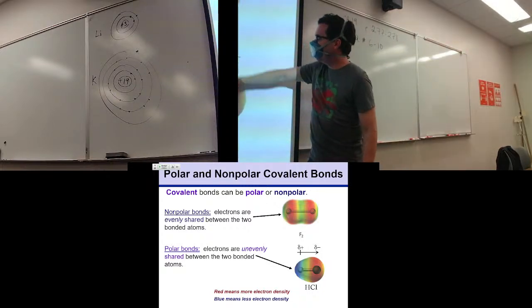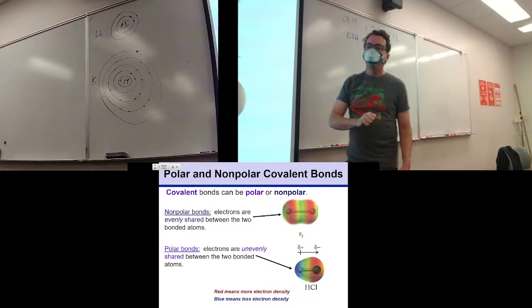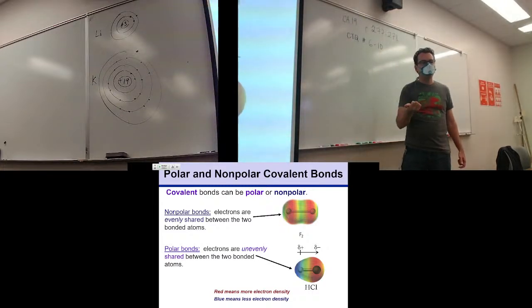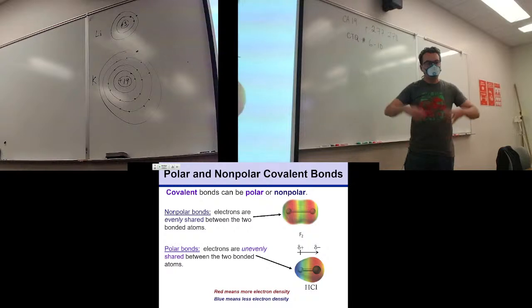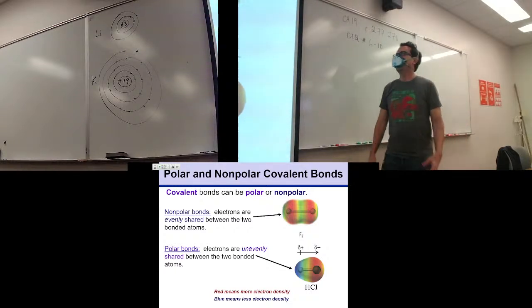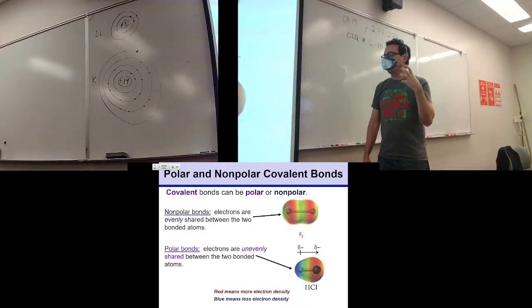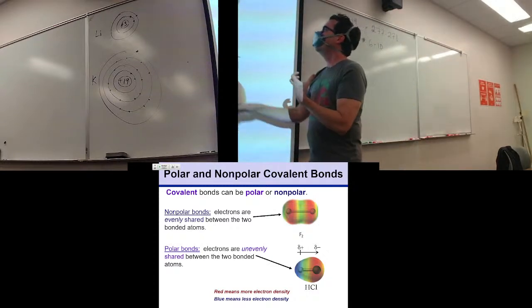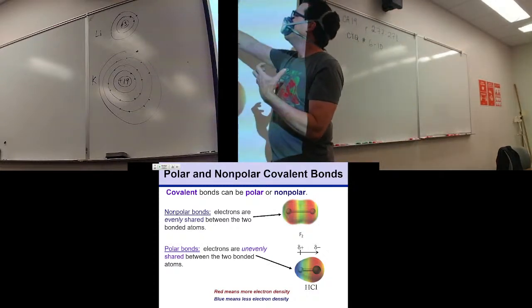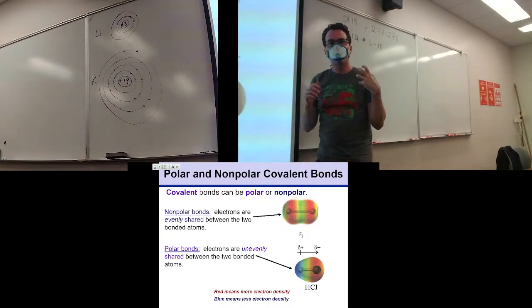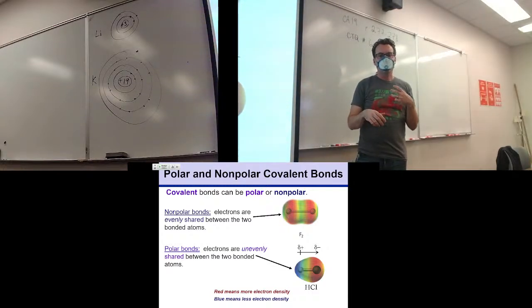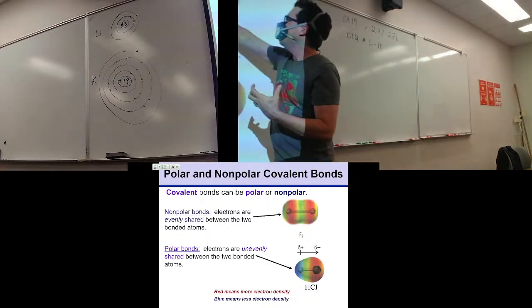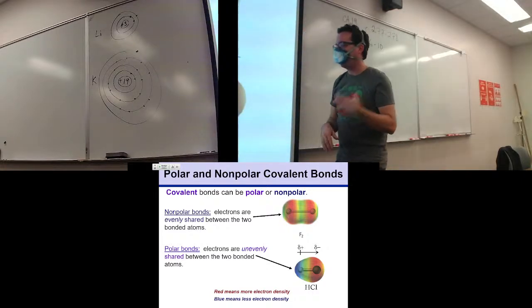Let me go back to these pictures here. These pictures are simulations. They're computer calculations of what are called the electrostatic potential. So all that we're doing with the computer is calculating where the electrons are most likely to be. And after that, they paint the regions where you're most likely to find negative electron density. That's the red area, and the blue areas are where it's more positive,